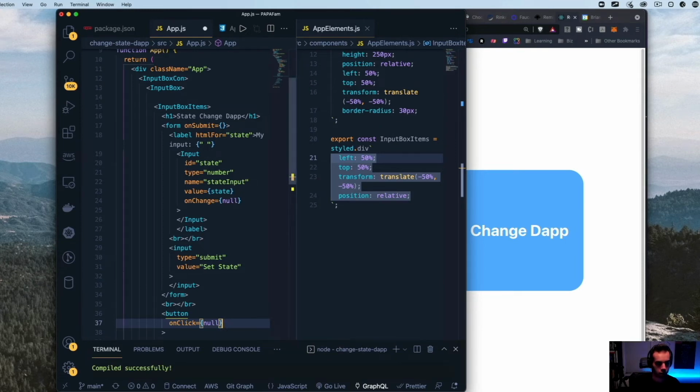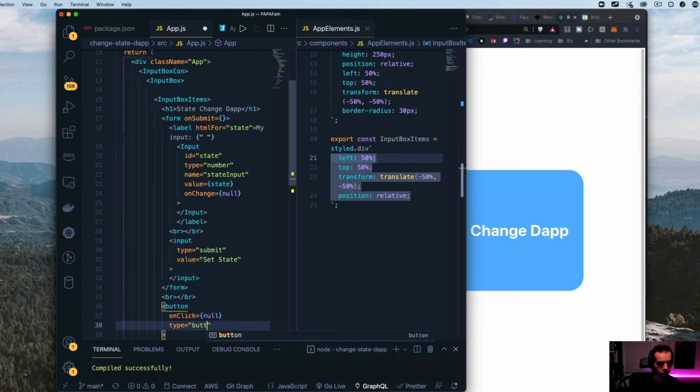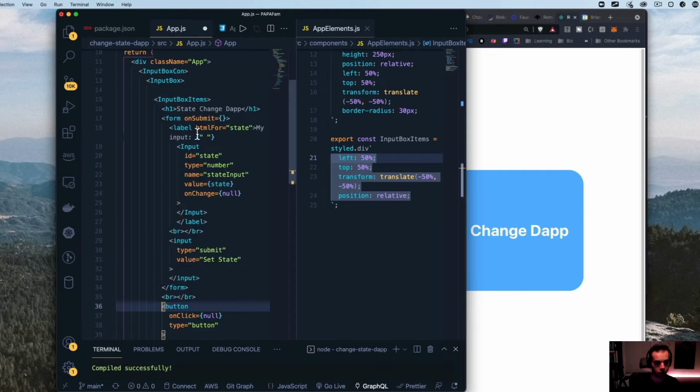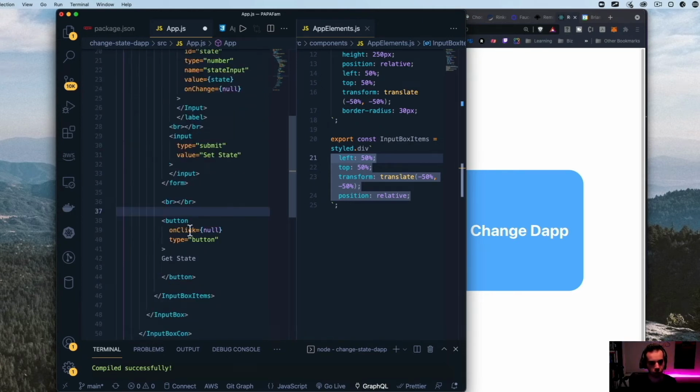And the type is button. And then this is going to allow us to get the state of blockchain. So this is sort of the input form here, which we're going to be setting something. We then break it off, and then there's going to be a button to actually get the state as well.